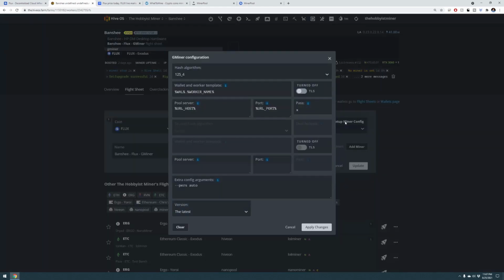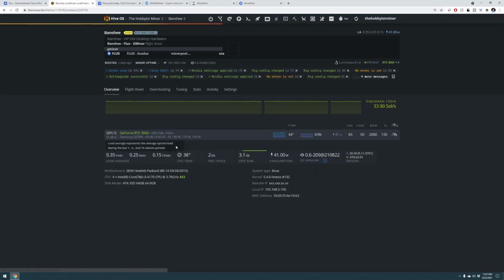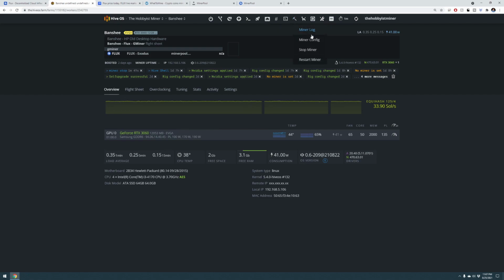Now, when it comes down to miners, there's Gminer, MiniZ, and LOL Miner right now that support Flux. I've been kind of testing them out here and there. This miner I have on Gminer. I have some of my other ones on MiniZ, but we'll definitely have to test it out and take a look. So if I go back to my rig here,